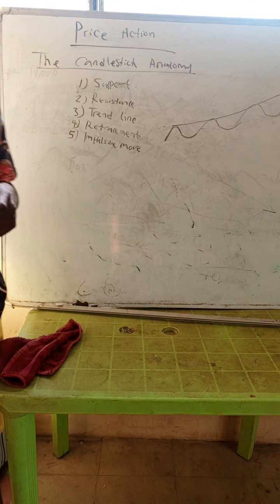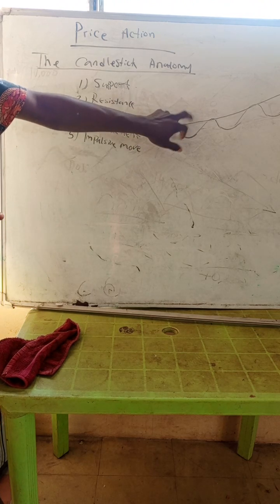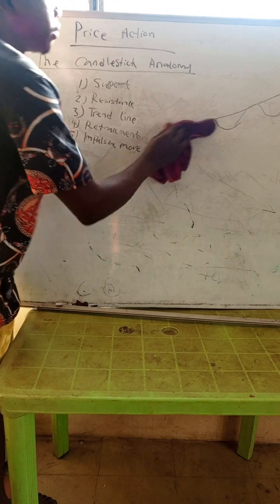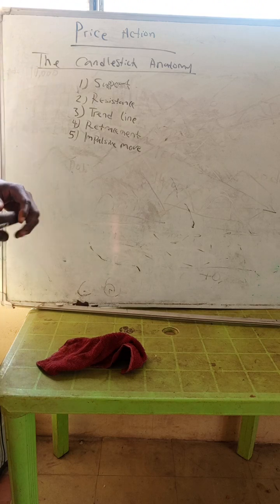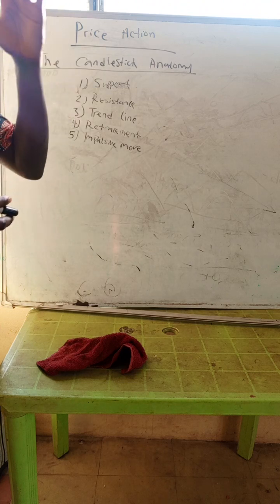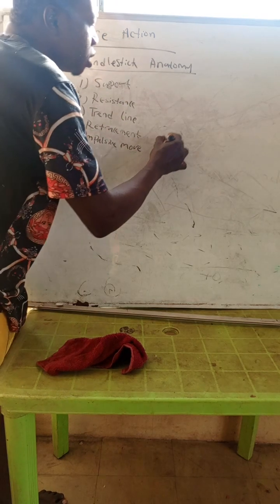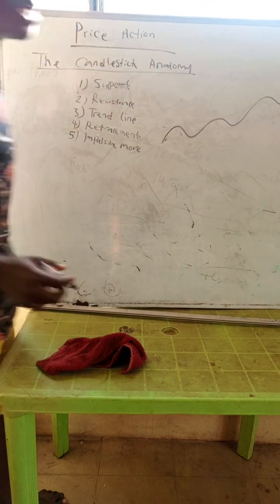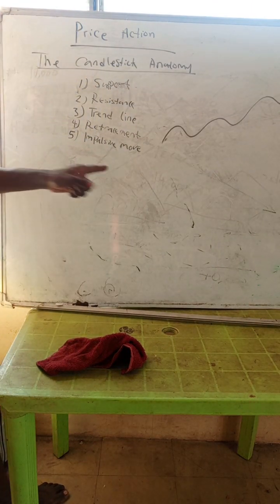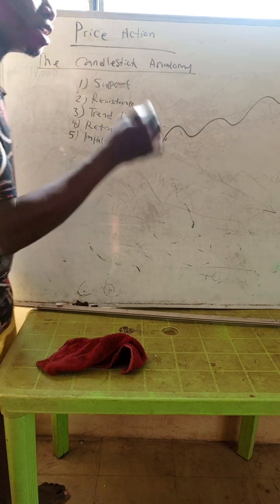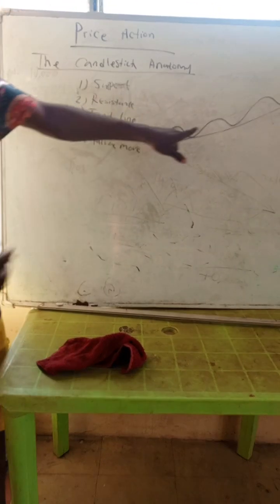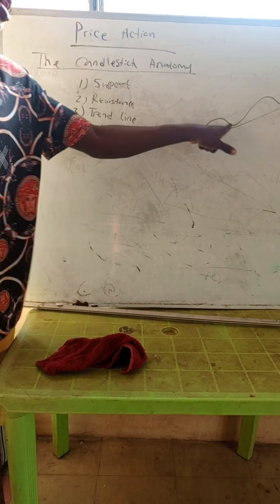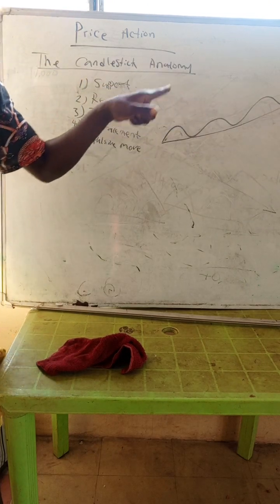Now, it is very important to note that this one is wrong. You don't draw this one in an uptrend. Let me clean the board. In an uptrend, remember, if the market is going up, you want to buy, right? So in an uptrend, you only use the trend line to connect the lows. If the market is going up like this, the trend line is always used to connect the lows, where it touched the support areas. That's the principle. That's where you use the trend line. You don't need to draw for the highs.